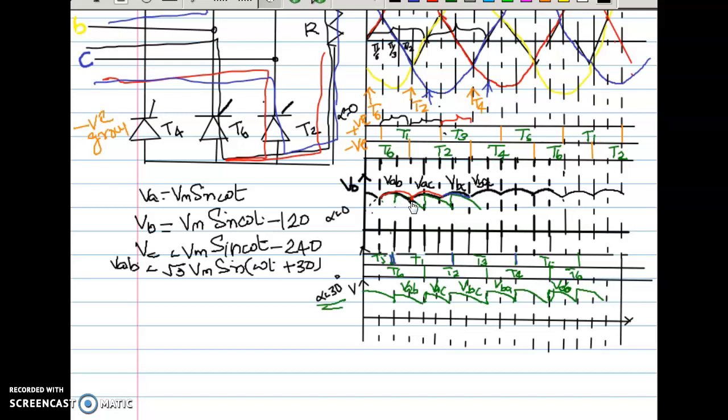This AB waveform will continue till the next 60 degree. Then there is a cut. VAC, there is a clipping like this. Then it will continue up to the next 60 degree. Then going to VBC, that will continue up to the next 60 degree. So that is why the shape is a bit different. Now you can draw it for 60 degree. For any value of alpha you can trace this. It is easy.